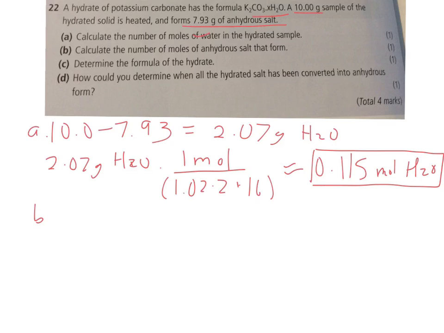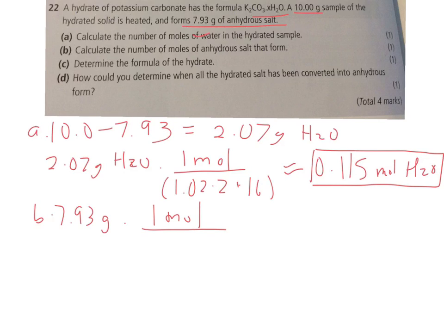B, it says to calculate the number of moles of anhydrous salt that forms. So for this one, you do a similar thing. Just to clarify, this is the hydrate of potassium carbonate. This part is water, and this part is your anhydrous salt. So again, it says that 7.93 grams of anhydrous salt forms. So you again do 7.93 grams. You multiply 1 mole